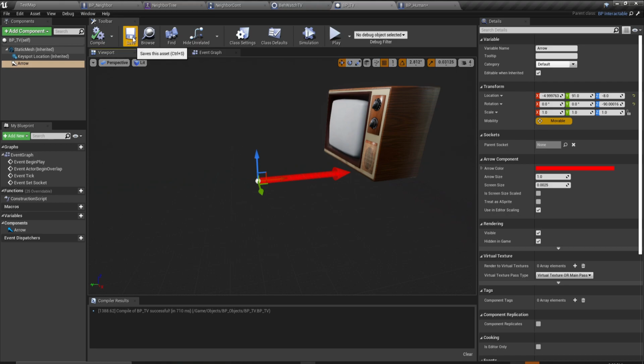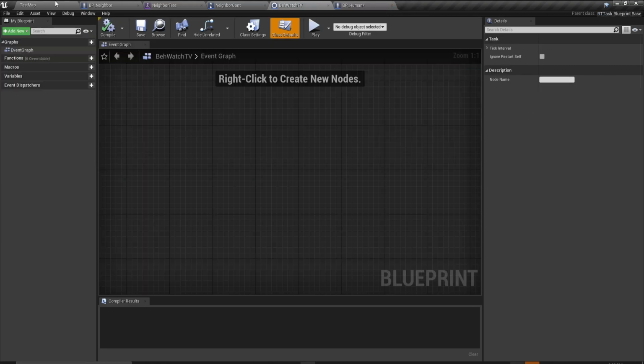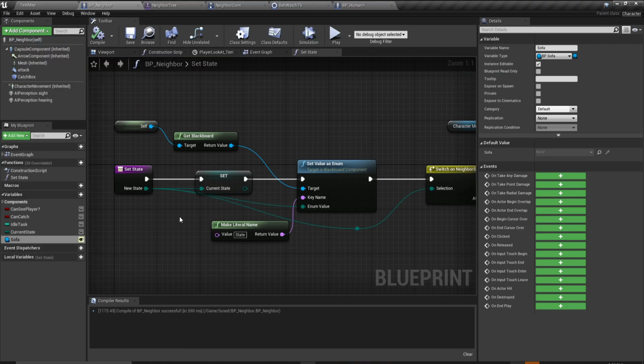So we don't need it to be on the ground or whatever, because he'll still be able to reach it. It just needs to be in a place where the AI can actually overlap to and stuff, you know? Alright, so now that we got the BPTV done,